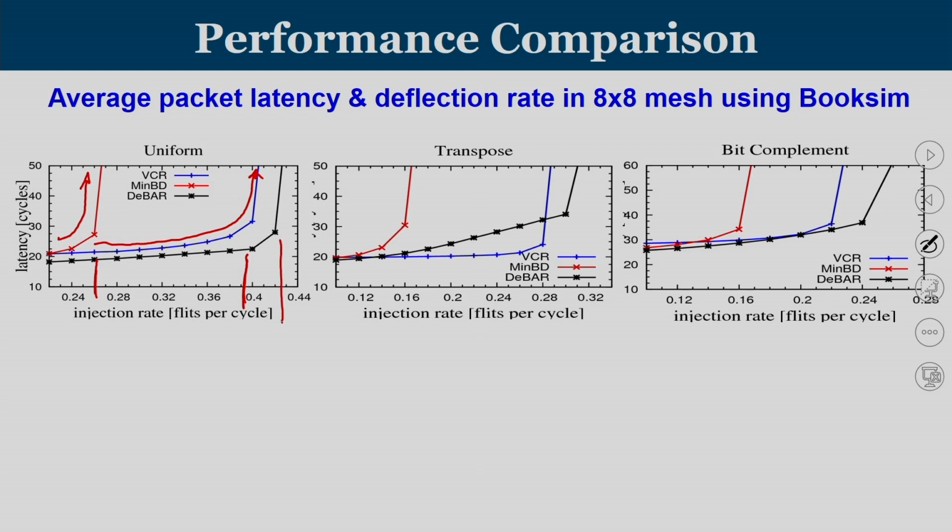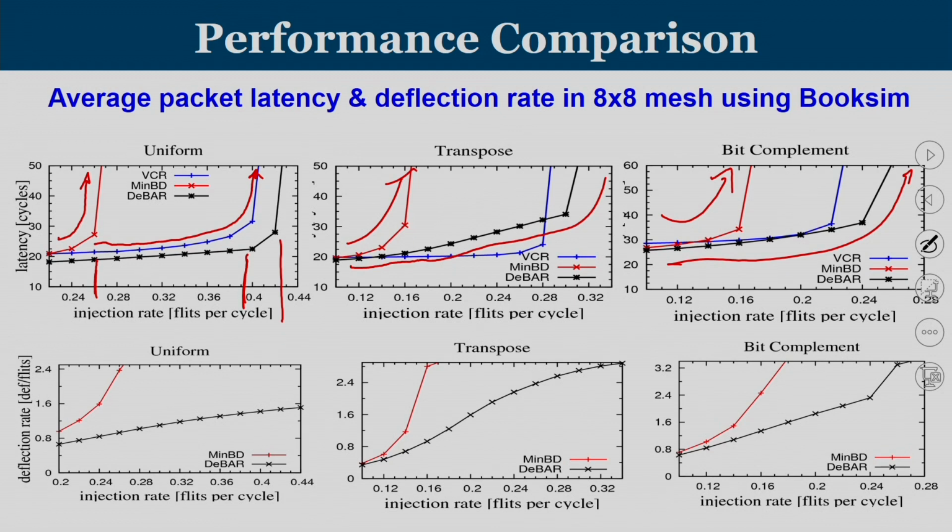So, D-bar can accommodate a greater number of packets in the network. Still it is not saturating. So, this is something like the load latency graph we have seen. If you have fewer buffers, if there is more deflection, then it will saturate early. That is what you can see in MinBD. So, the trend is there, MinBD saturates early in transpose as well as bit complement traffic, and we can see that D-bar, that is the black one, is showing slightly better performance in the other two traffic patterns.